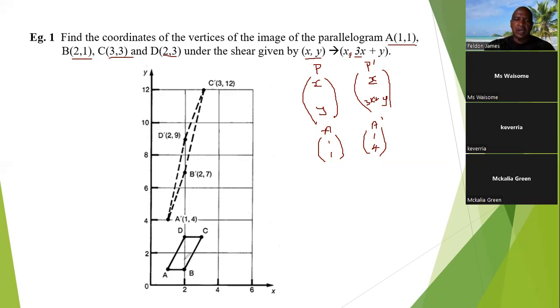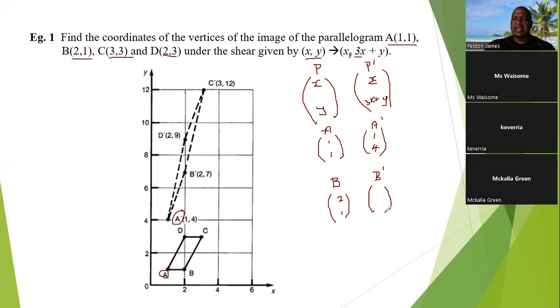And so this is where A was, and this is where the image of A is now. So you see I have 1 and 4. Let us do B. So B now would be the pre-image 2 and 1. Right? And so B dash,